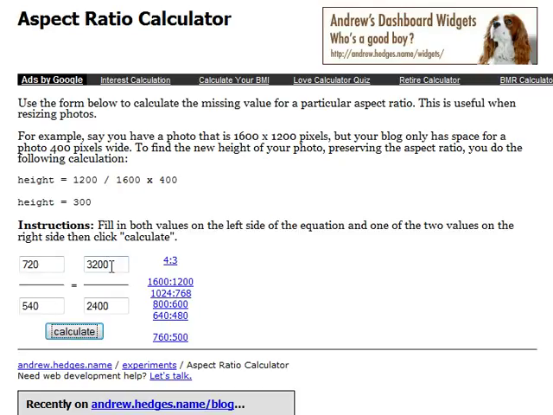I hit calculate, and it's telling me, okay, 3200 by 2400 is the same aspect ratio as 720 by 540. So I know I can take this image and I could put it on the slide, and I could scale it, and it'll fit perfectly in the slide. So we got the same thing if we go ahead and do the 980 by 560. I can say, okay, I know that's the aspect ratio for